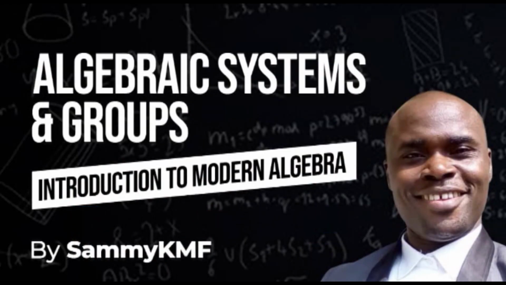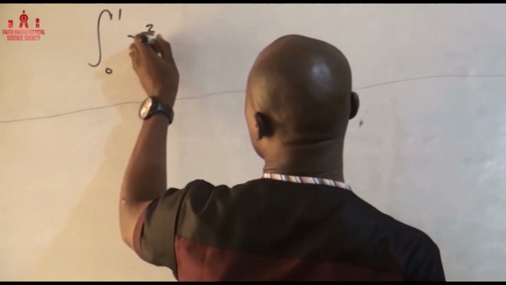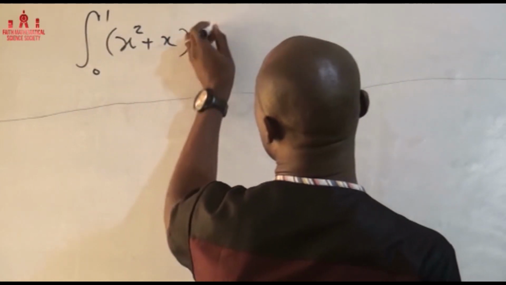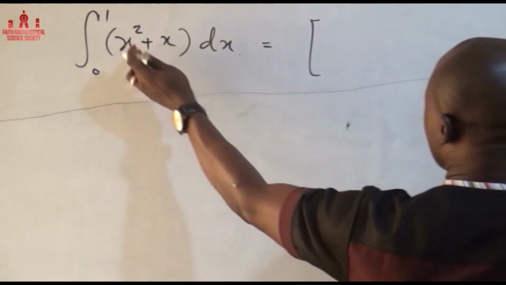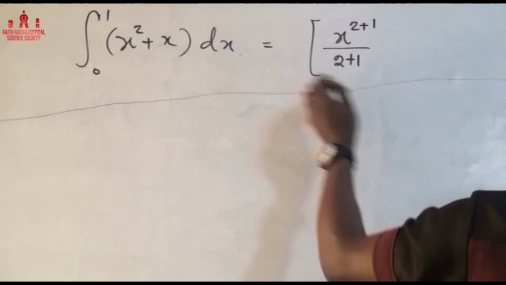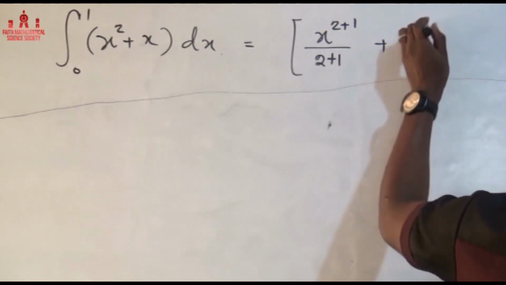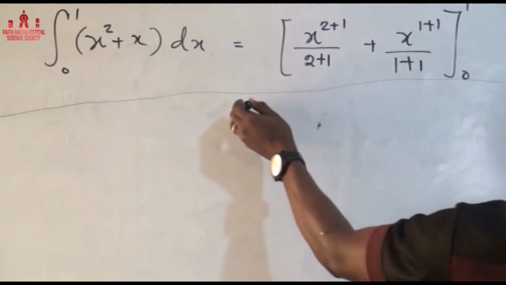Okay, we have been discussing the concept of integration, and I said that integration is actually the reverse process of differentiation. Now, in my videos, I discussed how we can integrate polynomials. You remember, we can have the integral from 0 to 1 of maybe x squared plus x dx. And I said this is just a review. I said you simply increase this by 1 and repeat this as a denominator. The same thing here, you increase this by 1 and have this from 0 to 1,